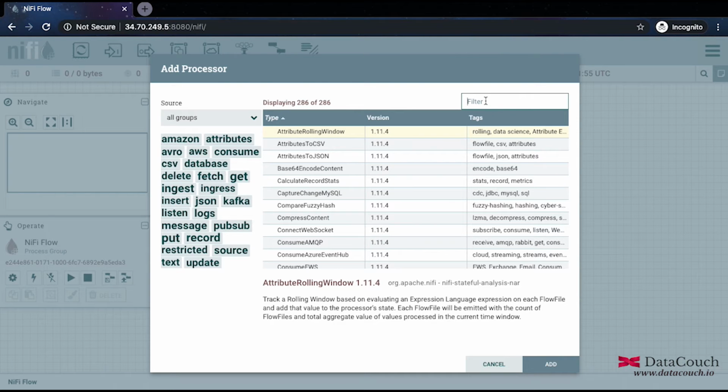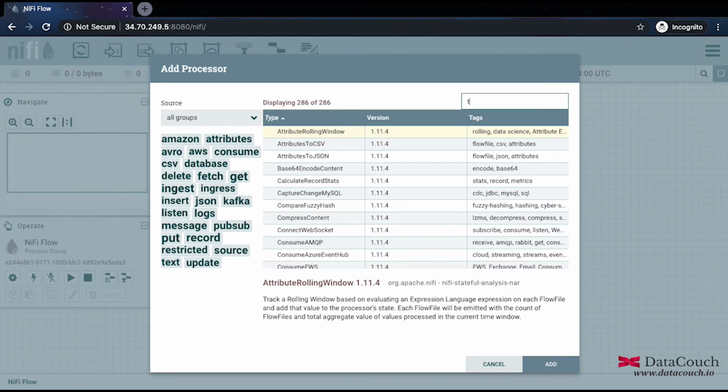But before I filter, I want to show you there are 286 processors in this version of NiFi, and these processors are very easy to use. You just need to drag and drop them on the canvas, and these processors will give you the ability to retrieve data from different systems, and send data to different systems. In between, they can do routing, transformation, enrichment of data, and whatnot. You will find there are so many possibilities, like data format conversions. We will be making use of some of these in this exercise so that you get a fair idea of the capabilities of processors.